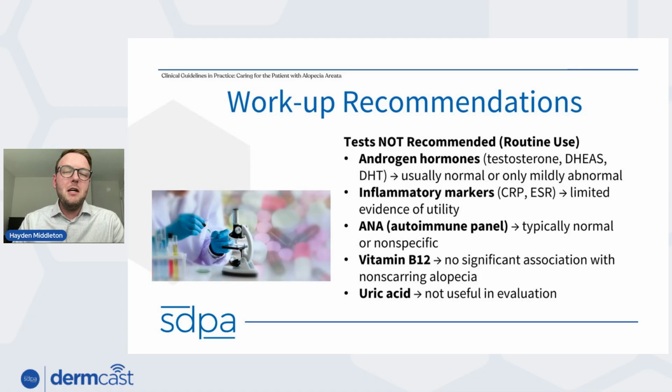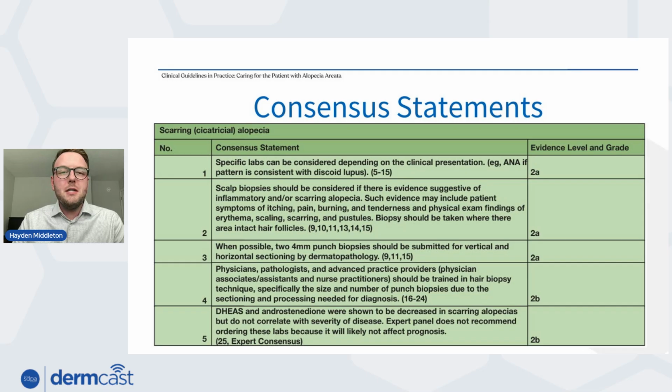For example, if you have a high suspicion for discoid lupus, meaning that you're looking at the patient and thinking that it's a hair loss, perhaps ANA would be helpful. But if you've tailored down your approach to a non-scarring hair loss, these labs are likely not to be helpful. So this is a full list of the consensus statements,